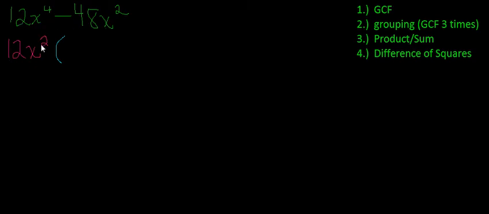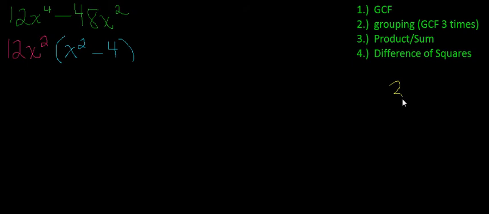So 12x squared times an additional x squared would give me 12x to the 4th, and 12x squared times a negative 4 would give me negative 48x squared. Now this is where some people might think that they're finished. We have pulled out a greatest common factor, but I'm going to remind us of something called prime factorization,